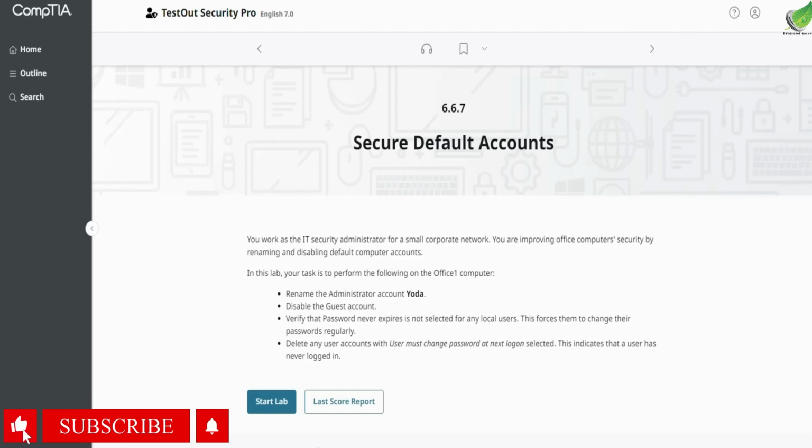So you work as the IT security administrator for a small corporate network. You are improving office computer security by renaming and disabling default computer accounts. So in this lab, your task is to perform the following on the Office One computer. You're going to rename the administrator account Yoda, disable the guest account, verify the password never expires